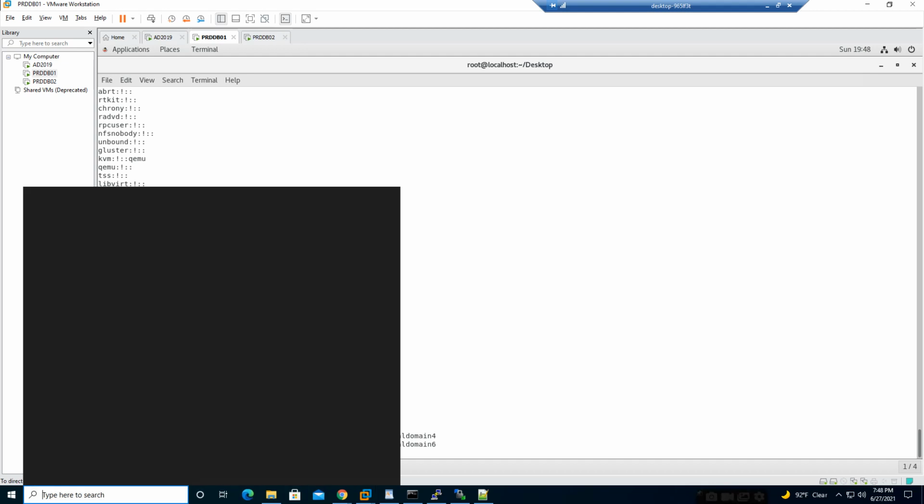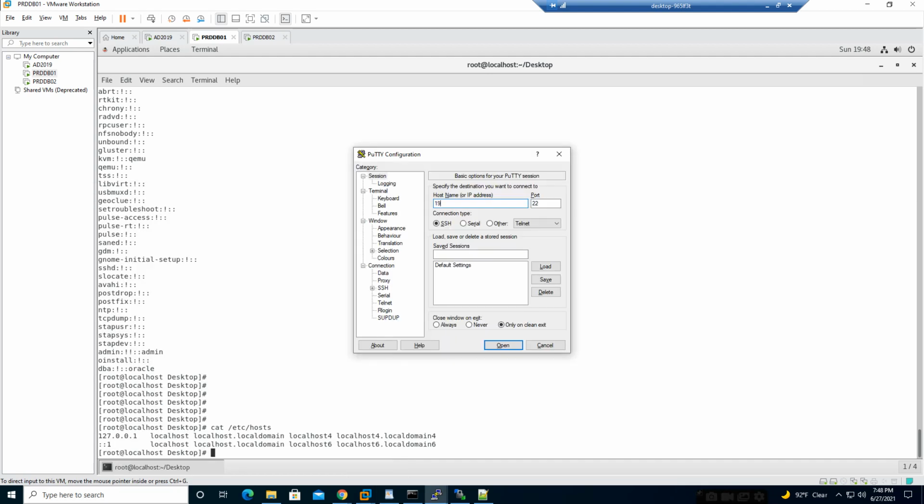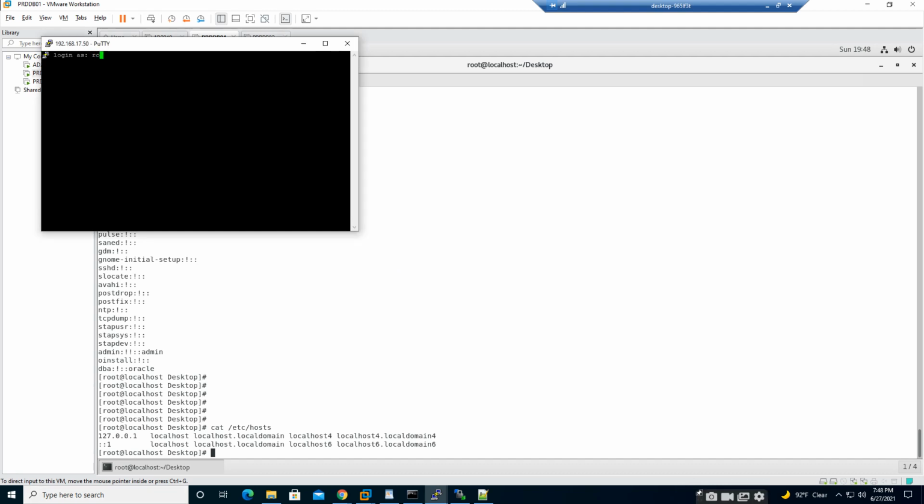So let me connect with PuTTY, and I will connect to my primary server, which is 50. Accept, root.